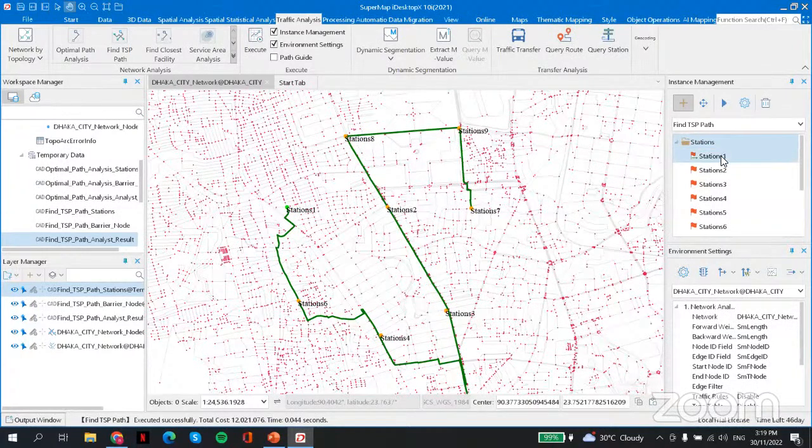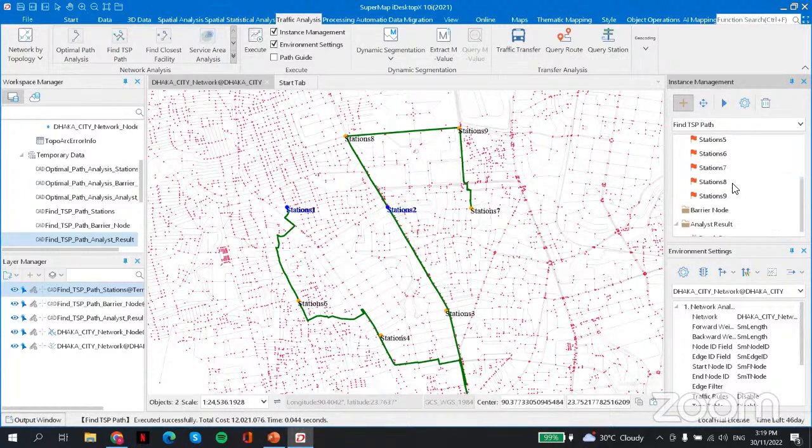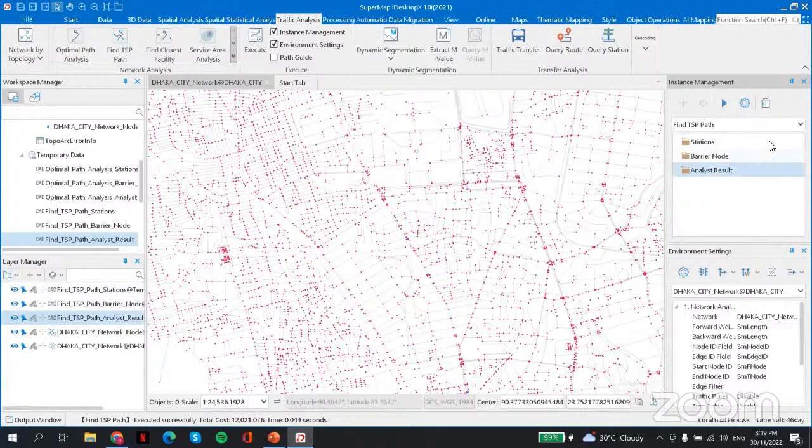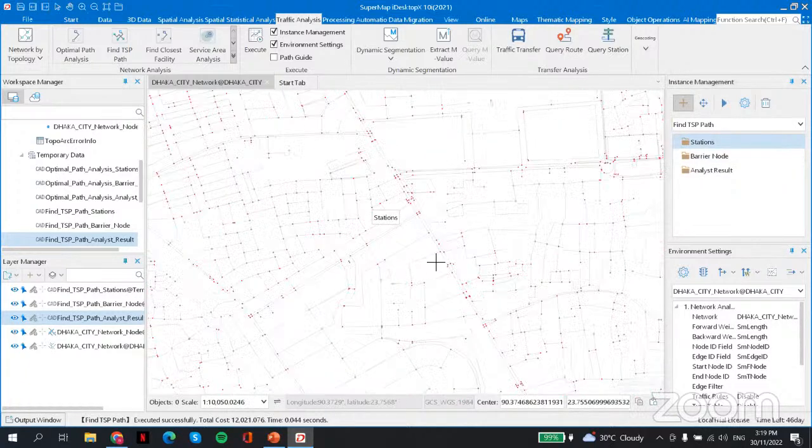So if you want to, like I showed you previously, you can add it by mouse. So you can also click which area that you want, like here, station 2, station 3, station 4 here.